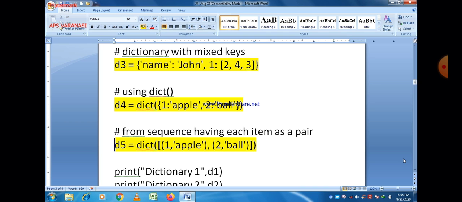And these are represented within a list itself, you can easily see that. So that is the creation of a dictionary.